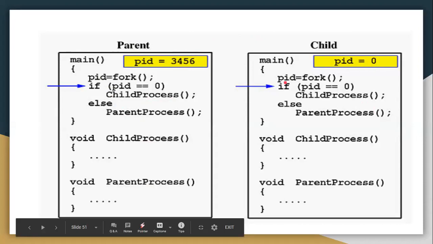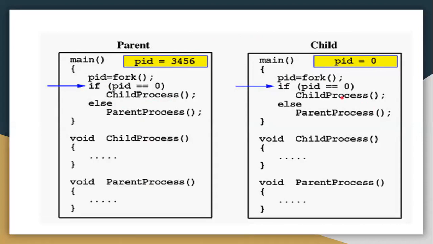Similarly, after forking, the PID should be equal to 0 in the child. That means a new PID will be allocated to the child process, else it is the parent process. So with the fork function, a new PID will be allocated for your child process. If forking is done, then PID is 0, the child process will be there, and a new PID will be allocated to the child process.